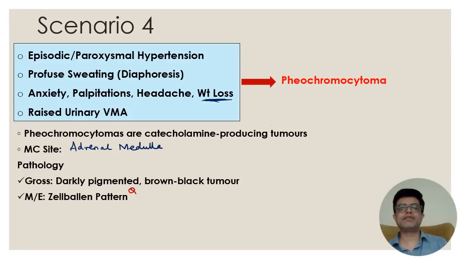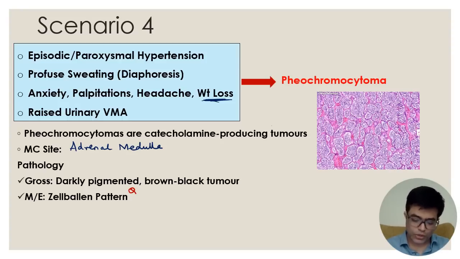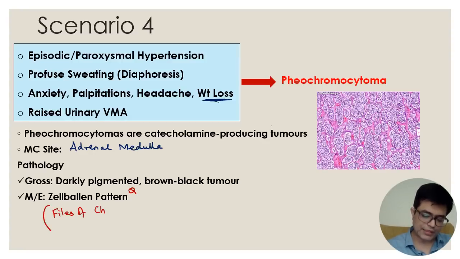Zellballen pattern is seen in which condition? The answer is pheochromocytoma. What is the Zellballen pattern? Look at this histopathology photograph. Can you see that there are nests of tumor cells? These are called chief cells, which are surrounded by sustentacular cells. So the Zellballen pattern means there are nests of chief cells,